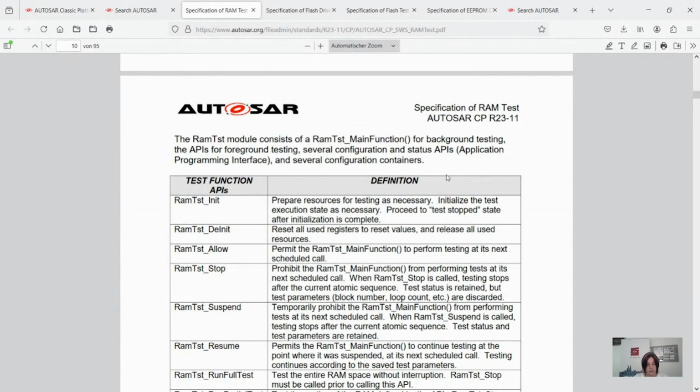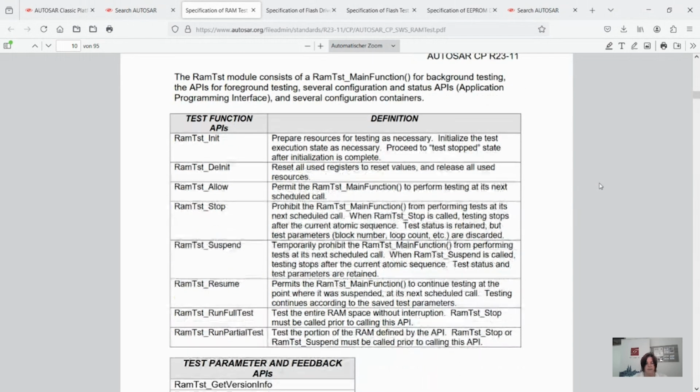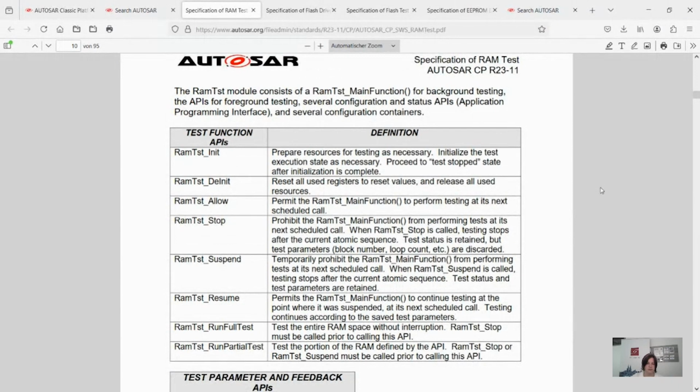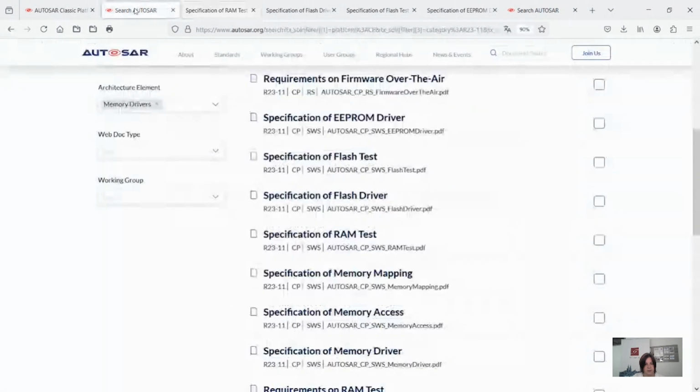So the RAM test module consists of a RAM test main function for background testing, the APIs for foreground testing, and several configuration status APIs for several configuration parameters. But I think this is the point where you also are going into more details, and if you read thoroughly, you will know exactly what to do there. So I hope I gave enough orientation, covered these memory